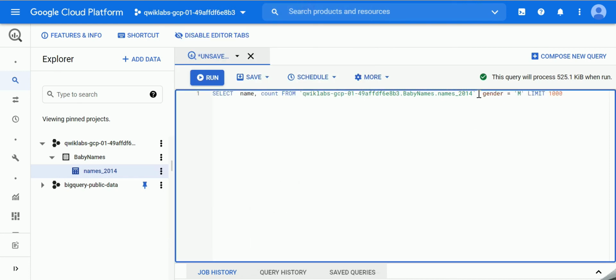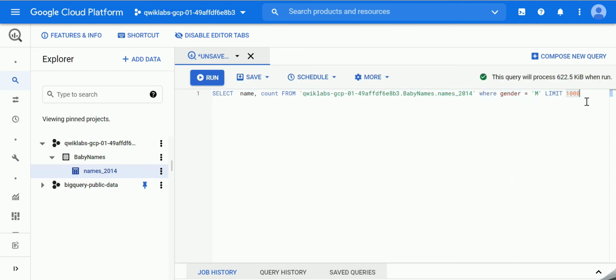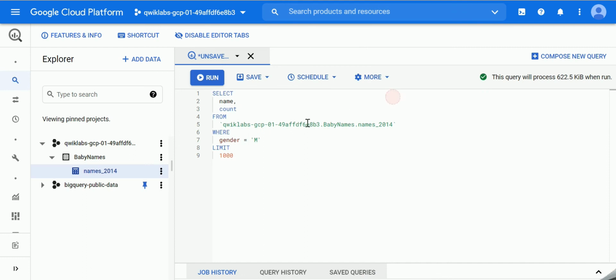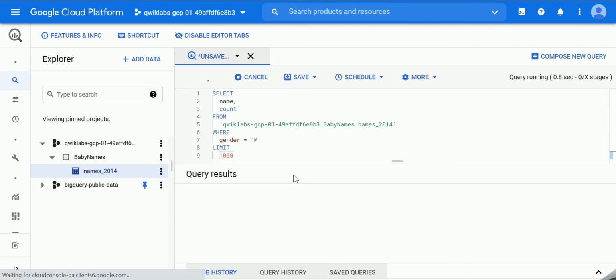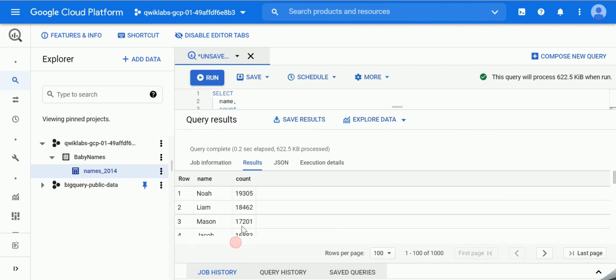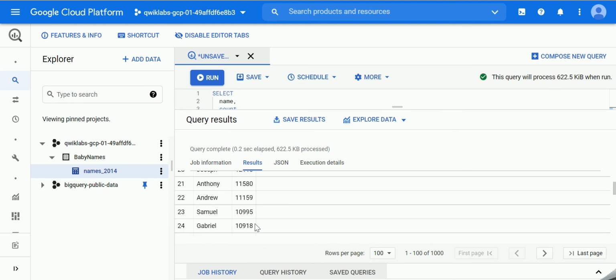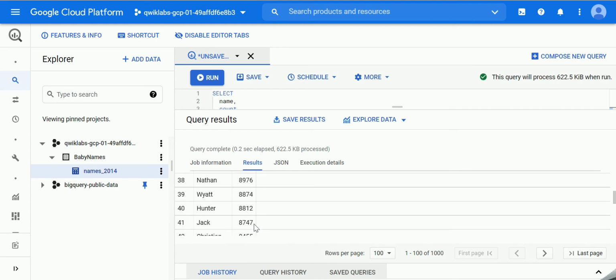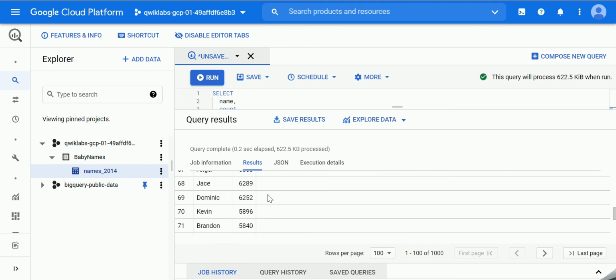I'm giving where gender is equal to male, and formatting the query for easier understanding. This query is validated without any error, and I'm clicking on run query. As you see, the baby names whose gender is male are listed here.